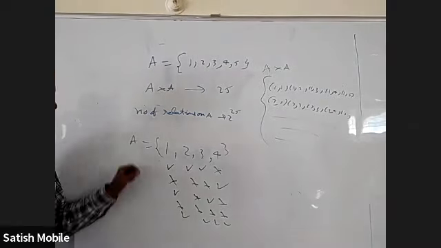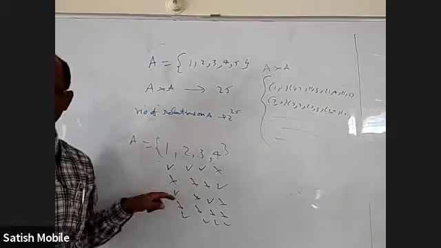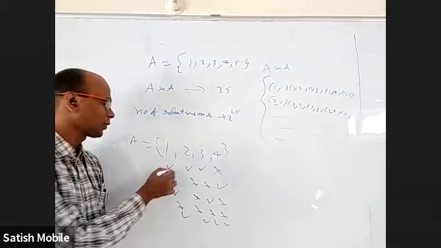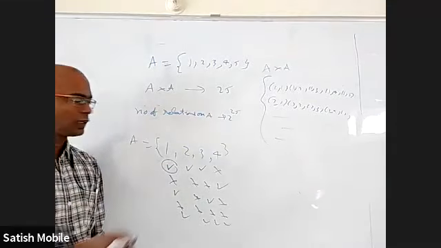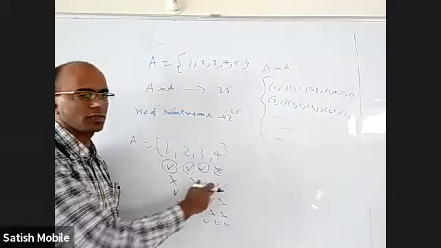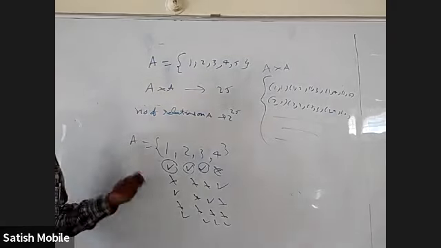That means simply by putting a tick or cross below each number, I am writing every subset in a code language. Am I not? How many codes are possible? 2 power 4, because here you have to write either tick or cross. There are 2 ways for filling this, 2 ways for filling this, 2 ways for filling this, 2 ways for filling this. 2 power 4, straight. Right?